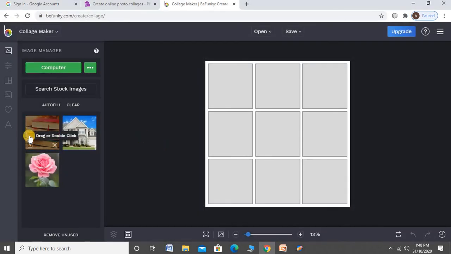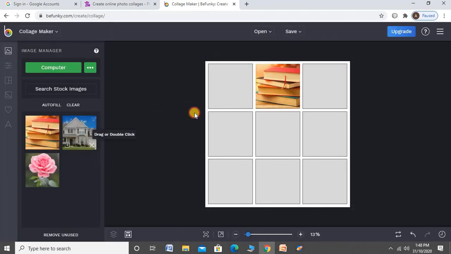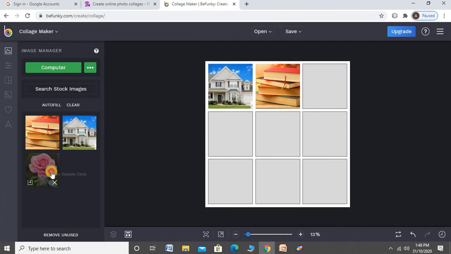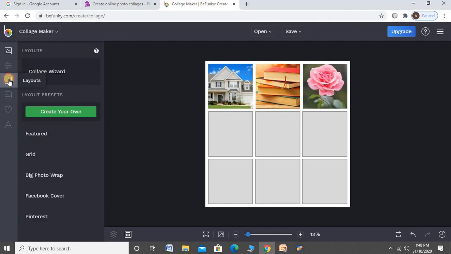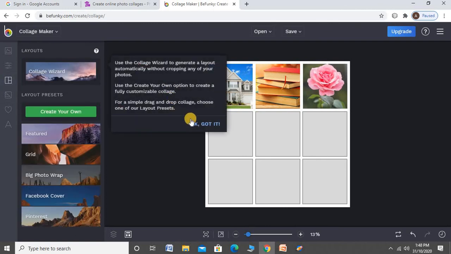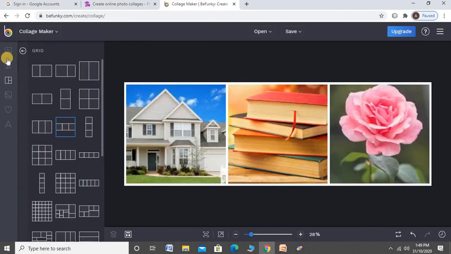After that, fill it. You change the layout, then also change it. For example, like this.